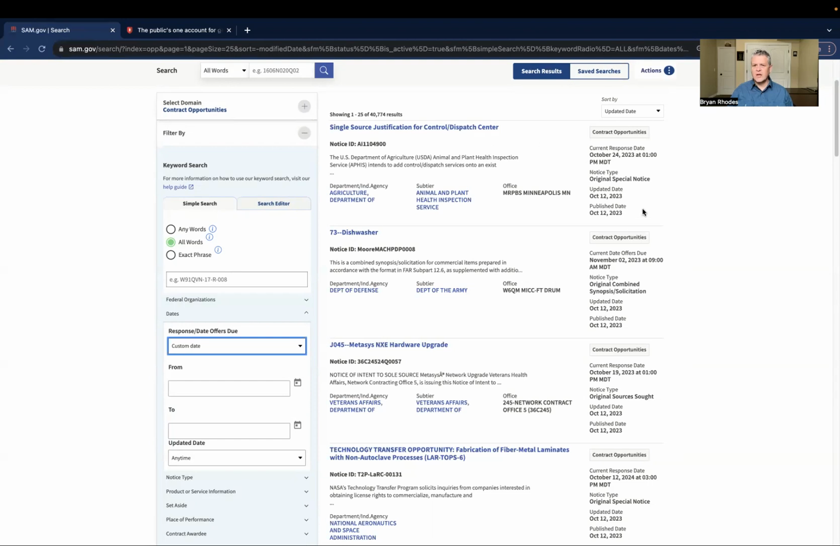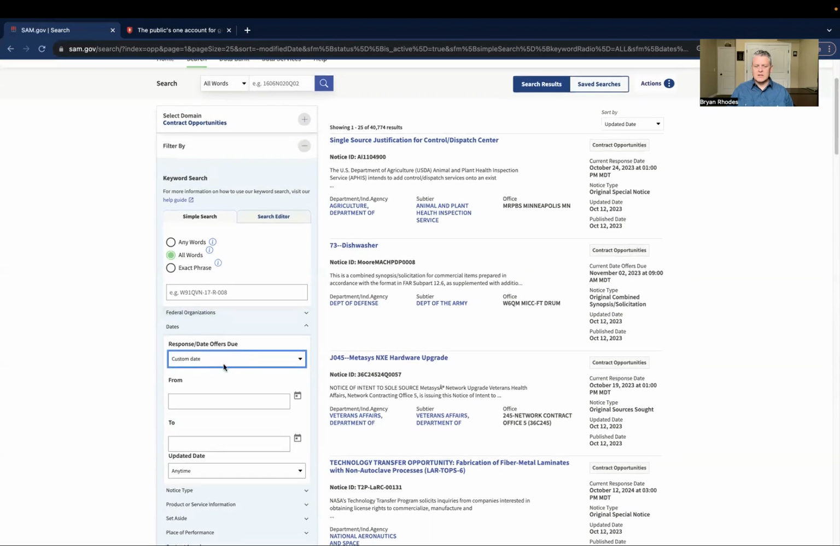This is going to include all notice types. This is going to have original special notice. It's going to have solicitations, sources sought. It's going to have a lot of information in here. So if you're looking for specific information, this is where you're going to go over into the advanced